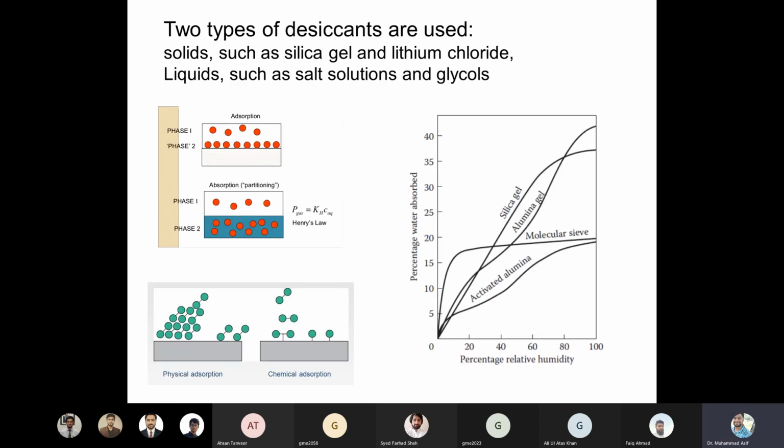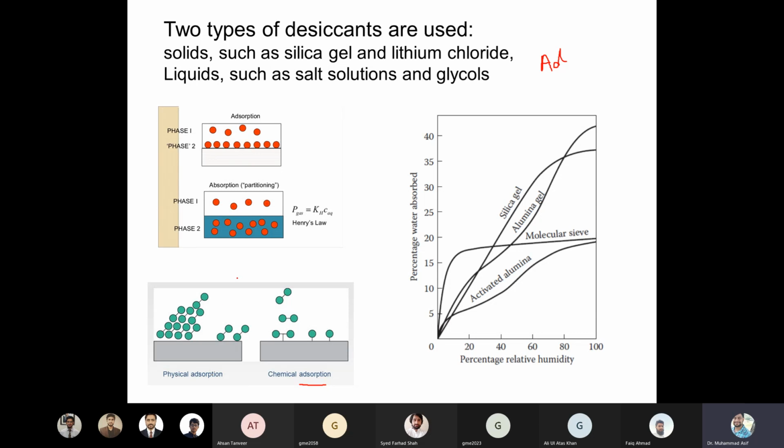So what is the physics behind how the desiccants work? They work based on the process of adsorption, right? You know, there is a difference between adsorption and absorption. What happens in absorption? Let's say these are the water vapors, they are completely absorbed. Let's say this is a liquid absorbent, so you will have one phase only, the liquid phase. These water vapors are absorbed in the absorbent, right? So you will just see one phase, the liquid phase. That process is called absorption, right? The other one we call